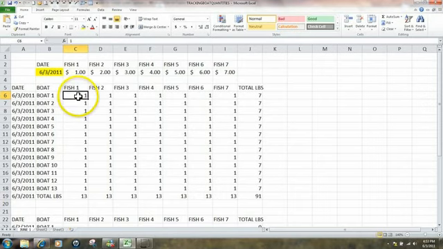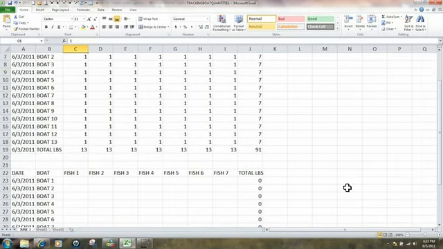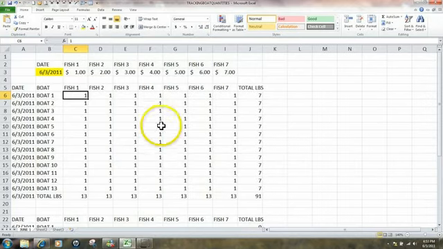So for instance, boat number 1 brought in 1 pound times 1, it'd be $1 that would be coming in. Now the trick here is that in all cases, for fish number 1, it will always be the total pounds multiplied by whatever the rate is